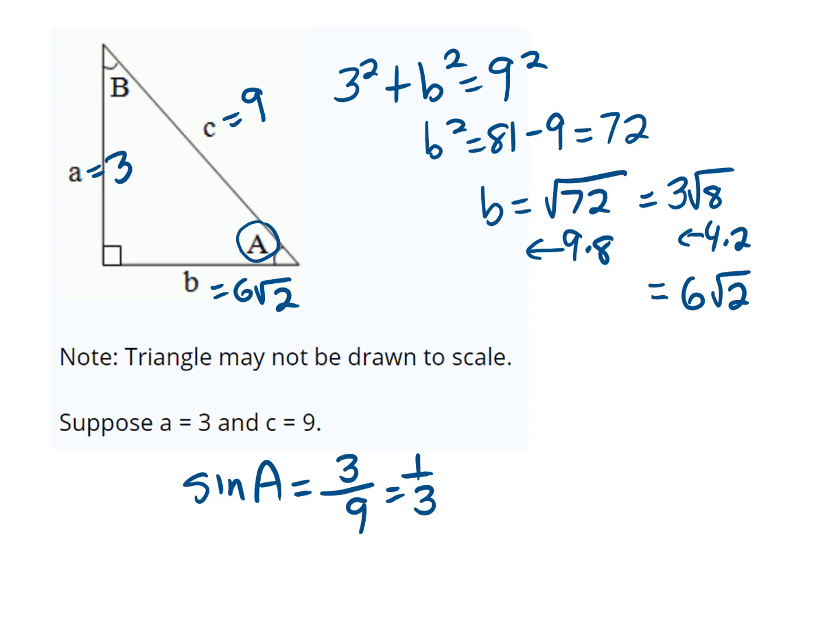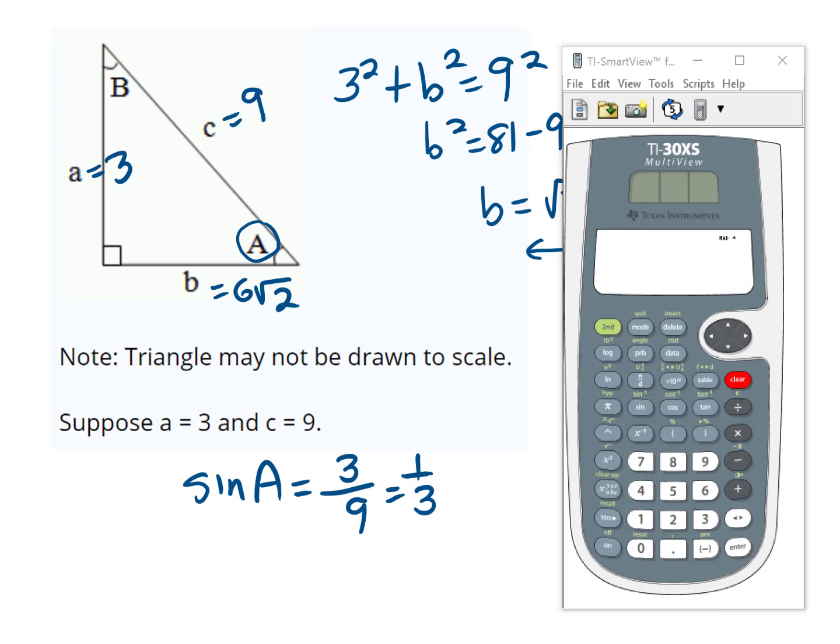Now, I didn't put it on the slide here, but we're supposed to find these in degrees. So how do I find the angle whose sine is 1/3? I get out my calculator and I see that I'm in radians, so I'm going to hit the mode button and change it to degrees. And then I'm going to put in inverse sine of 1 divided by 3. And that will give me the angle. I'm going to round that to 2 decimal places. So A is approximately